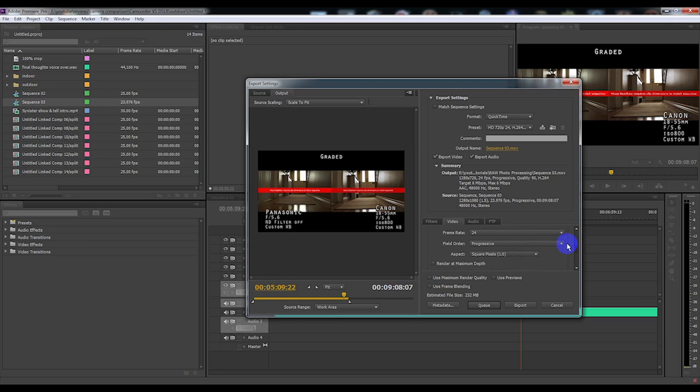maximum 24 or 25 or 23.976, whichever one you're doing. Progressive, square pixel, check render at maximum depth. Check this box, use maximum render quality, and then you can either export if you want to export it using Premiere,